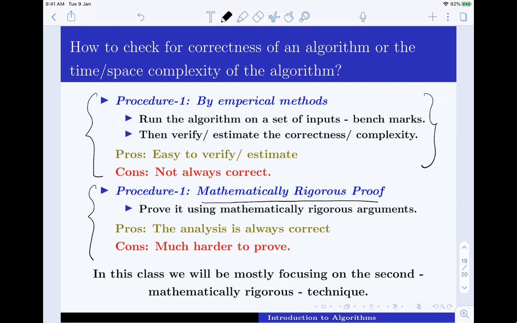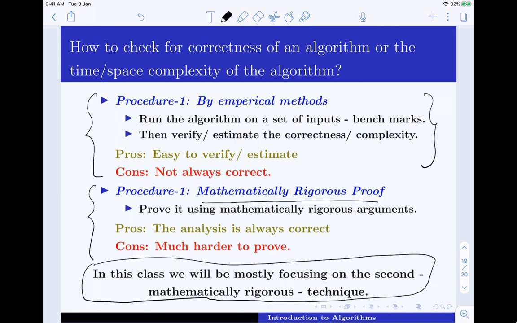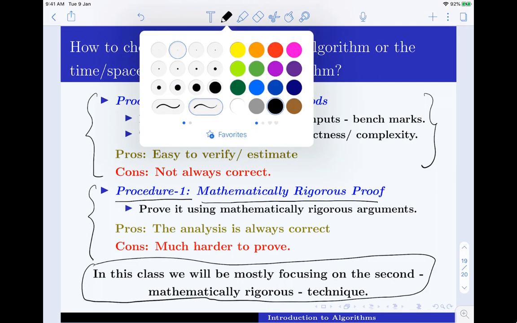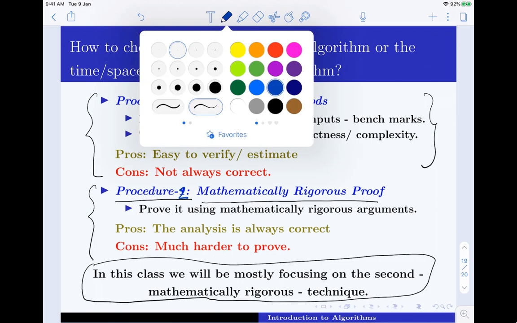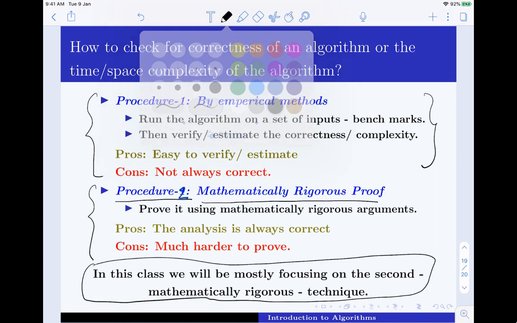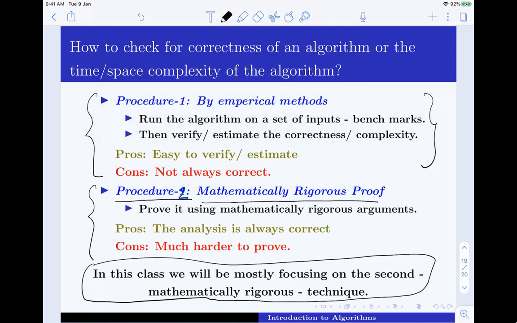But in this class of algorithms, we will be dealing mostly with the second type. This should be procedure 2 for the math. Yeah, mostly with the second type. So this is what we will